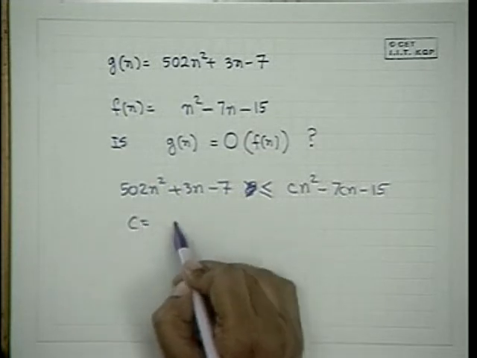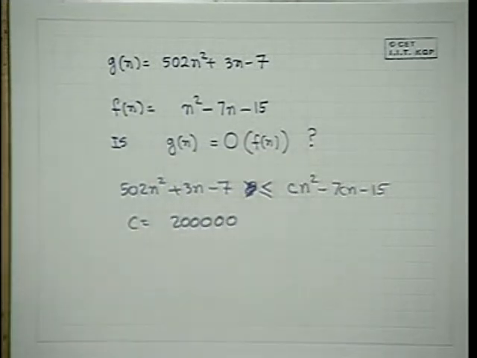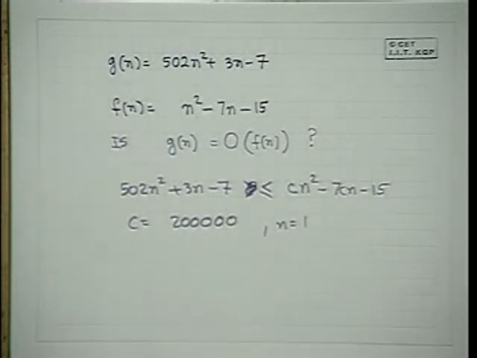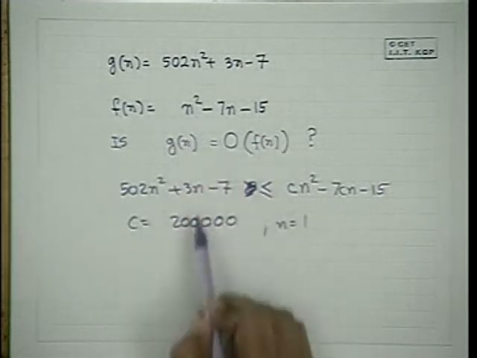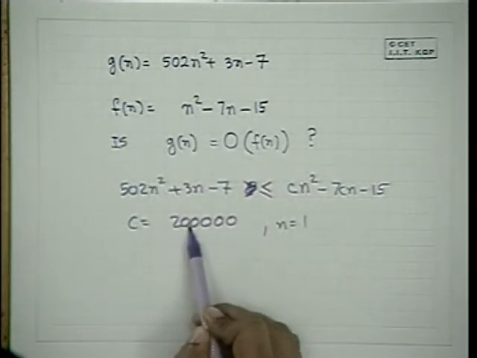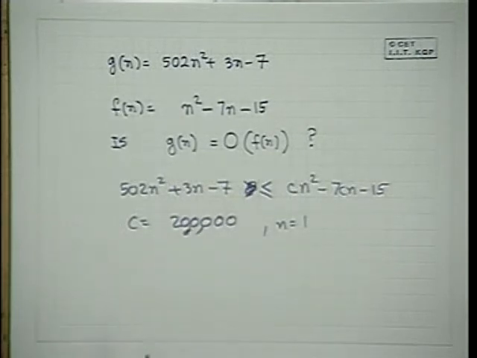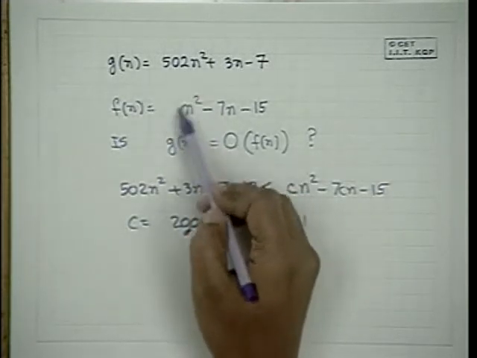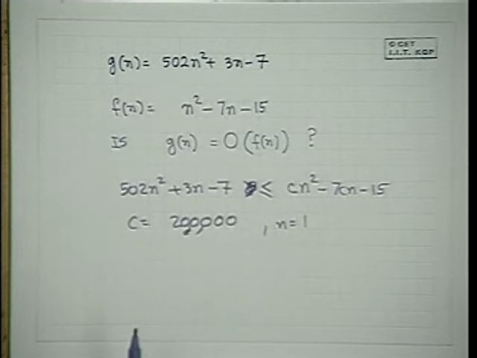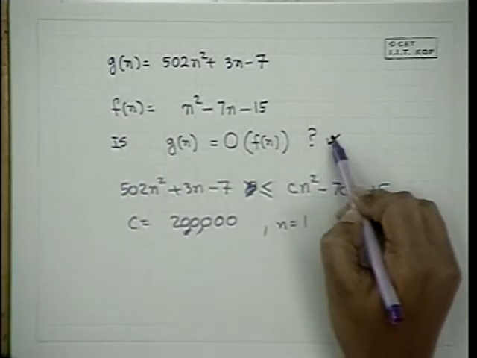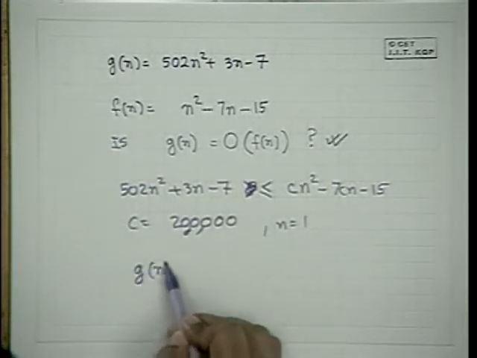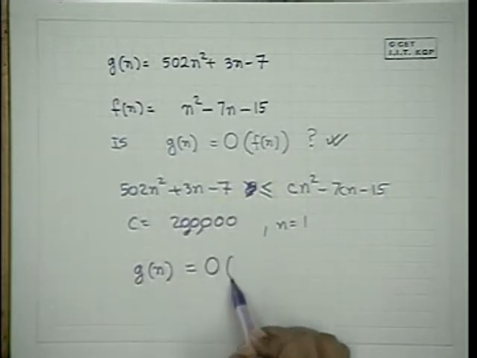Why don't you choose C equal to 20? Then from n equal to 1, it will start becoming greater. Just have a look. Choose C equal to 200,000. It is 2 lakhs. Then for n equal to 1, this will be greater. For n equal to 2, it will continue to be greater. So, Gn is upper bounded. You will be able to find two constants. And therefore, you can say Gn is upper bounded by